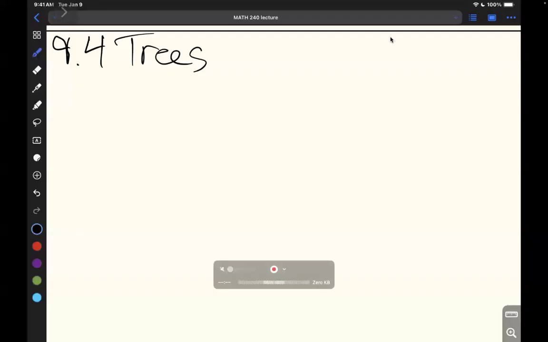All right, so we'll talk briefly about trees today. The goal is to talk about some definitions and then we'll talk about spanning trees next time. I'm hoping to have more time to work on homework questions as well. Okay, so